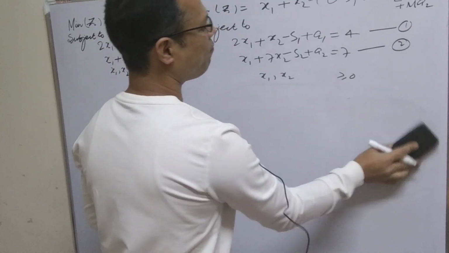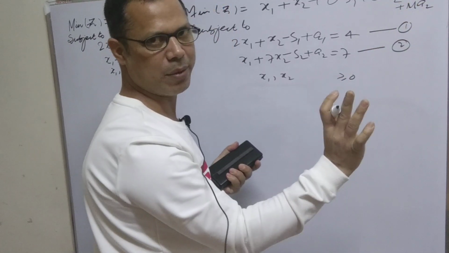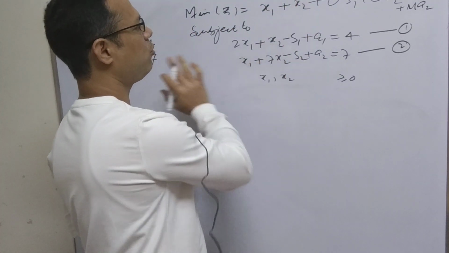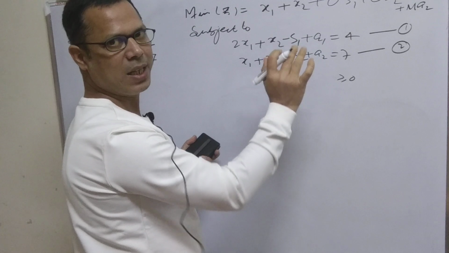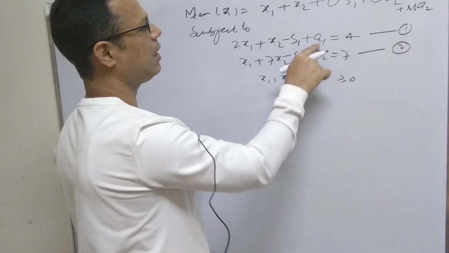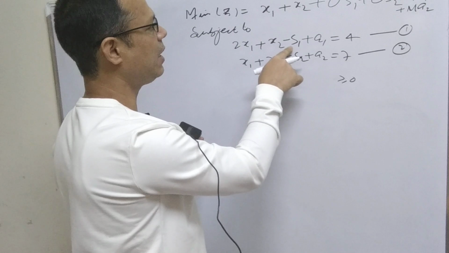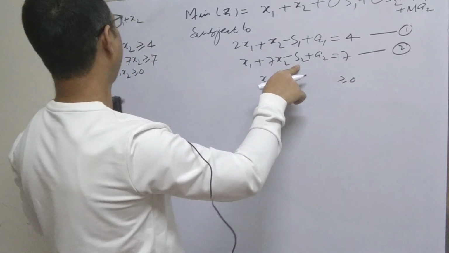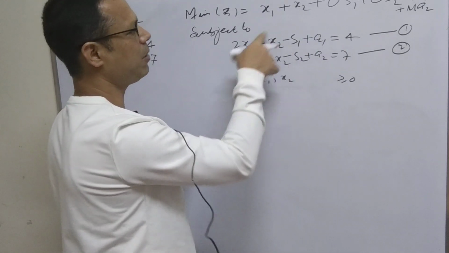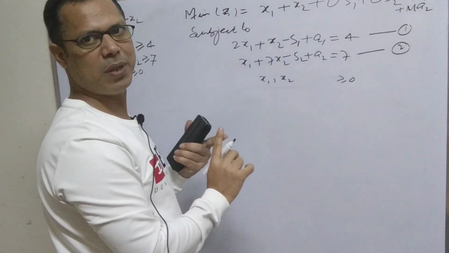It means this M is going to make a1 and a2 negligible. It means there is no effect of a1 and a2 over this objective function. There is no effect of a1 and a2 over this constant. So here we have just considered a1 and a2 as artificial variables, and because a1 and a2 are not a part of the question, s1 and s2 are also not a part of the question, but we consider s1 and s2 a part of the question, because to change the inequalities into the form of equations we need to subtract some variables. So sometimes we may consider it may be part of the question, but a1 and a2 artificial variables are never part of the question.